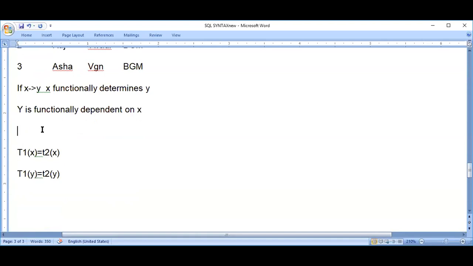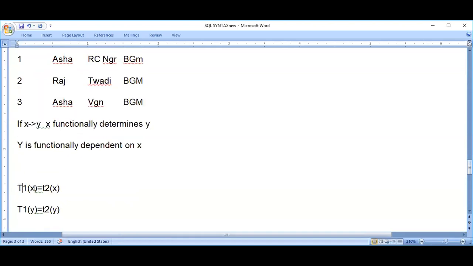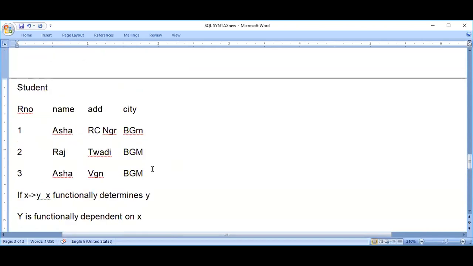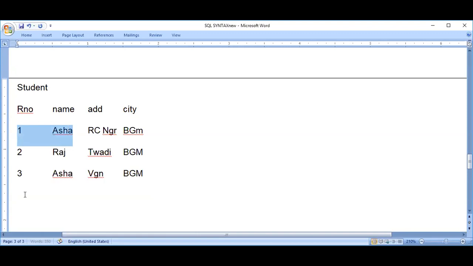As you know, SQL has a base in algebra or mathematics. So the definition is put mathematically like this. If T1 of X is equal to T2 of X, then definitely T1 of Y must be equal to T2 of Y. That means what? Suppose Asmita ma'am comes with roll number 1, and then I also come with roll number 1.